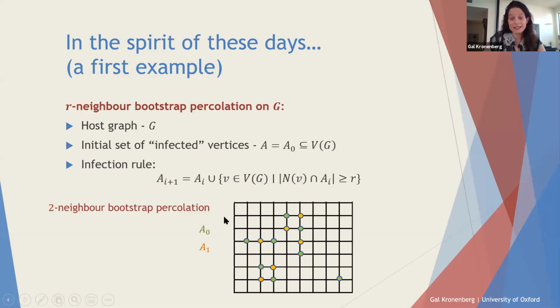Now in the next step, new ones get infected. So this one, this one, this one, and we can continue this process until it stops. I didn't finish it now, but just to give you the idea. So the disease will spread until at some point it will stop infecting people according to this specific rule. And then we can ask ourselves many types of